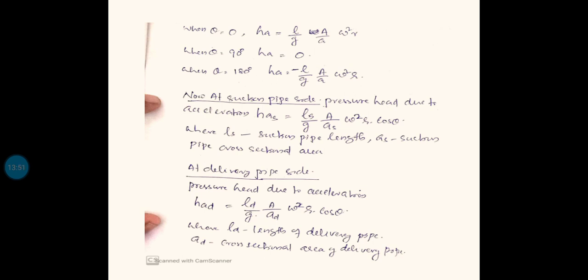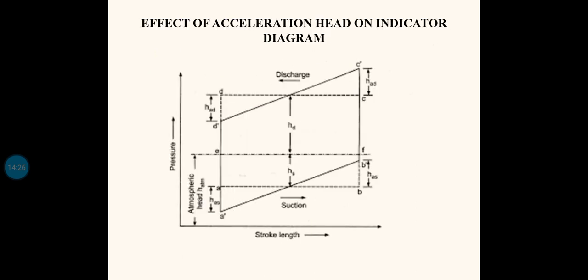Now we want to find suction and delivery separately. At the suction pipe side, the pressure head due to acceleration HA is equal to, as I have already told, with L replaced by LS and A by AS, LS by g A by AS omega square R cos theta, where LS is the suction pipe length and AS is the suction pipe cross-sectional area. And at the delivery side, the pressure head due to acceleration HAD equals LD by g A by AD omega square R cos theta, where LD is the length of the delivery pipe and AD is the cross-sectional area of the pipe. So based on all these equations that we have derived, we can